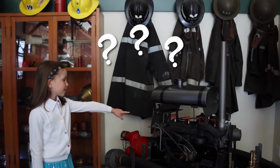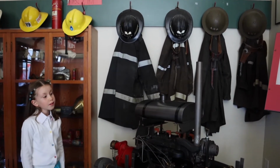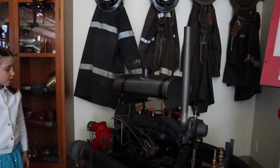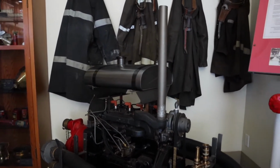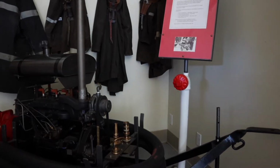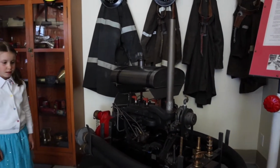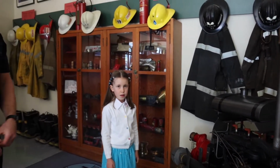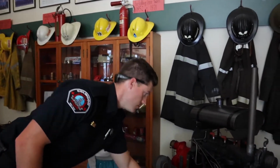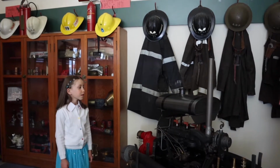What is this? So this is an old fire pump that we typically hook up to, well nowadays we hook it up to a truck, but this could have been hooked up to even a horse back in the day or like a little tractor or something. So this pump is used for like wildland fires or brush fires. We could just hook it up to a truck and we can tow it to a source of where we can get water, which we'd use this hard suction for again. And then we would pump water into the pump and then we can essentially get water to our hose lines